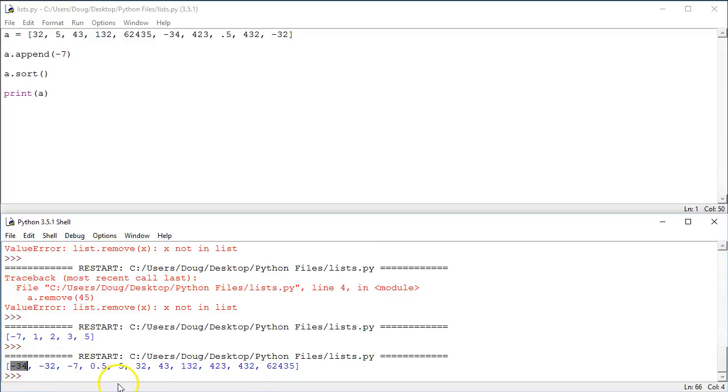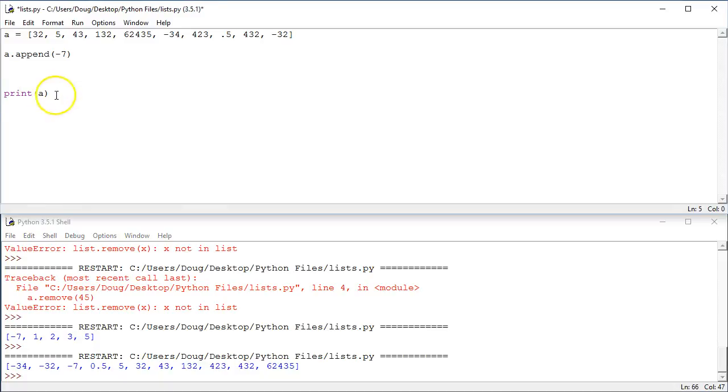So -34 is apparently the smallest thing in the list, and then highest at this end. So 62,435 is apparently the biggest thing in the list. All right, so that's pretty useful. And again, just to remind you, if you want to get the length of a list, so I could say